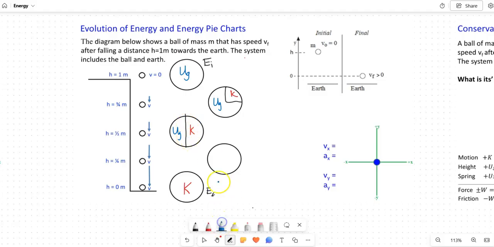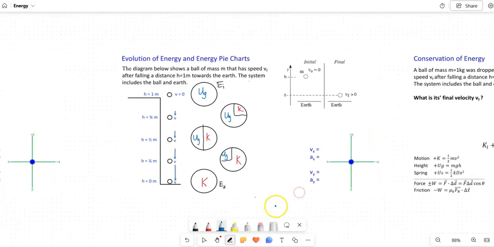And then finally, when we get to it here, well, now kinetic energy has consumed most of that potential energy. And now it's almost all kinetic energy. At 1/4 of the way up, it's going to be 1/4 potential energy due to gravity and 3/4 kinetic energy. Finally, right before it hits the ground, it's now all kinetic energy. So this is the evolution of energy, okay,